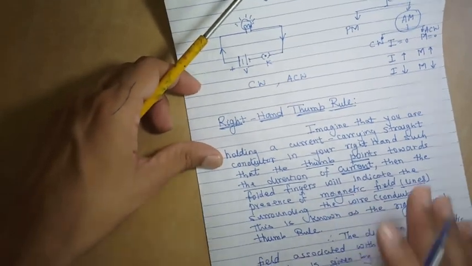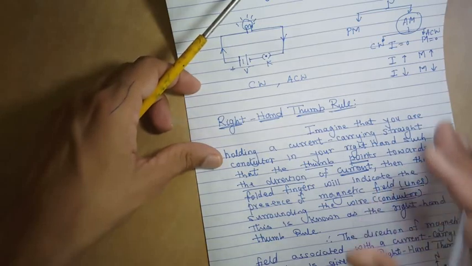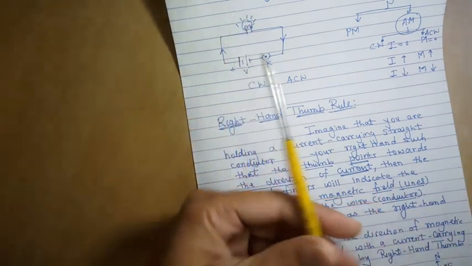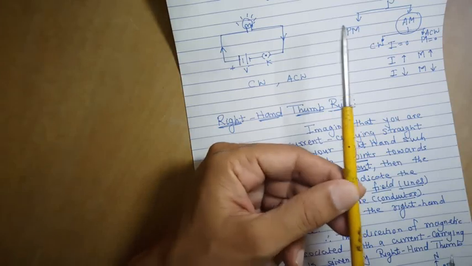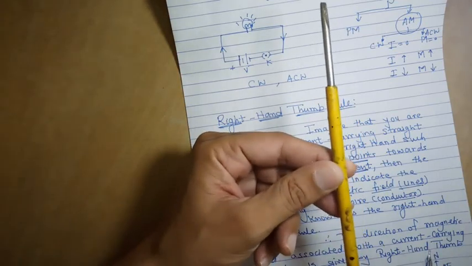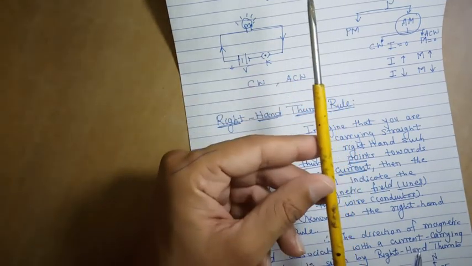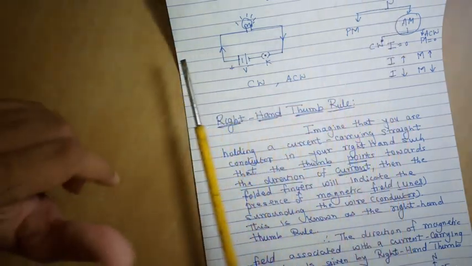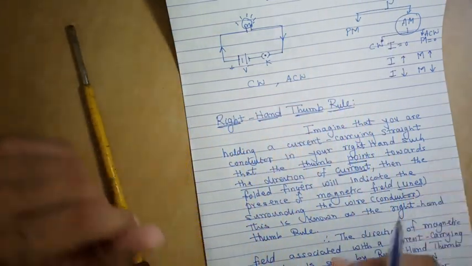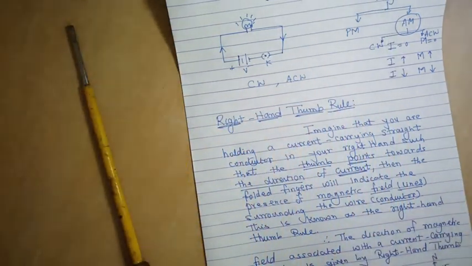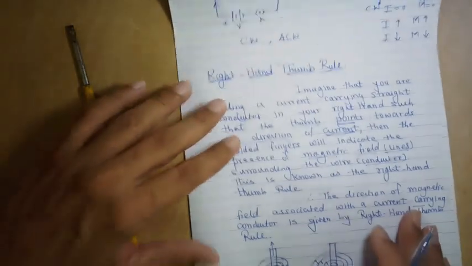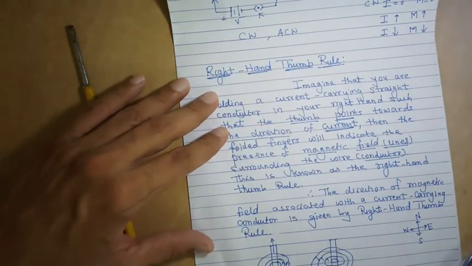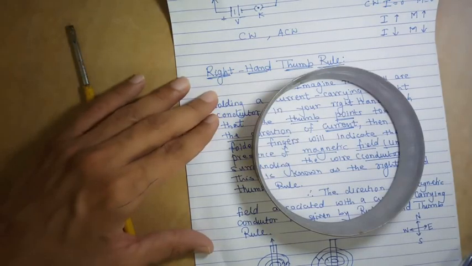There are a lot of applications of this rule. We see them one by one. This is about a straight conductor. I hope you understood it very well. Now, if you apply the right hand rule to a circular conductor, then what to do? Don't worry, Vishal sir is there. Suppose we consider a circular conductor in the form of a ring.